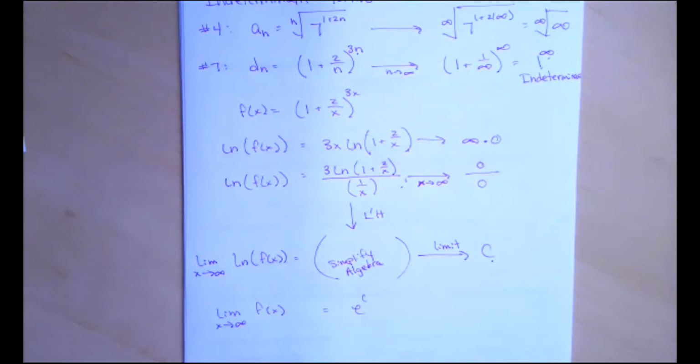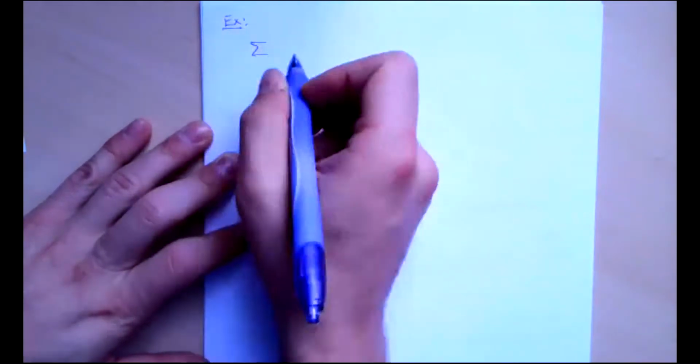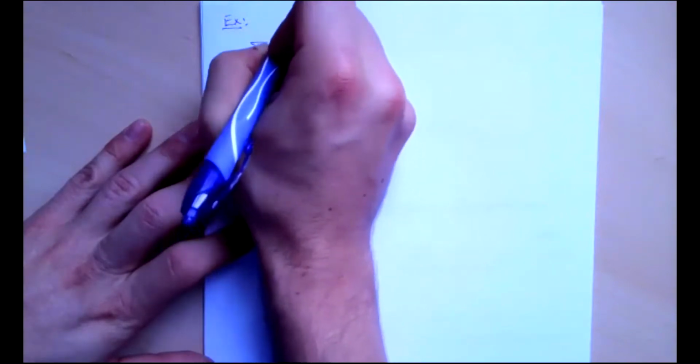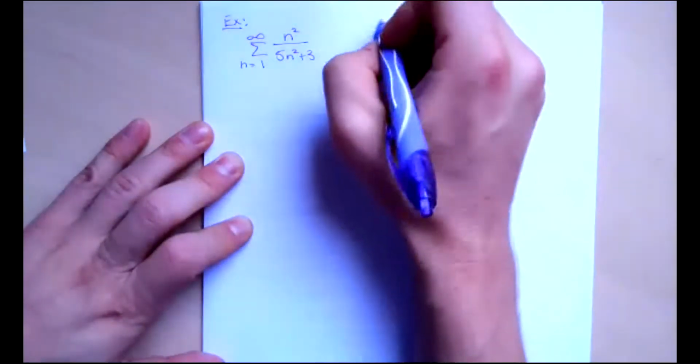Okay. So let's review a little bit of what we did yesterday, just to do a few examples, kind of warm ourselves up here a little bit more. Just test for divergence. If we see a series, and the question is just asked, determine whether it converges or diverges. We've got n squared over 5n squared plus 3, from 1 to infinity. The first thing we should check